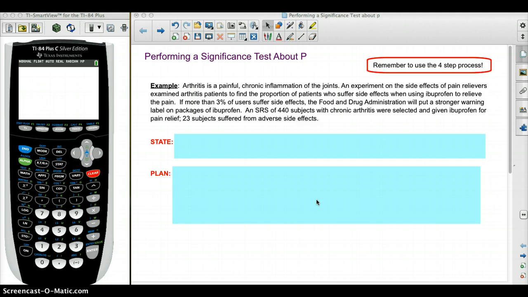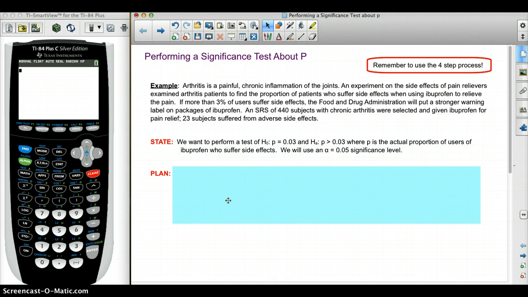So remember that when we're doing this, we need to be able to use the four-step process. And remember that your four-step process is state, plan, do, and conclude. So your first step is to state what the problem is. Well, to state what the problem is, we want to